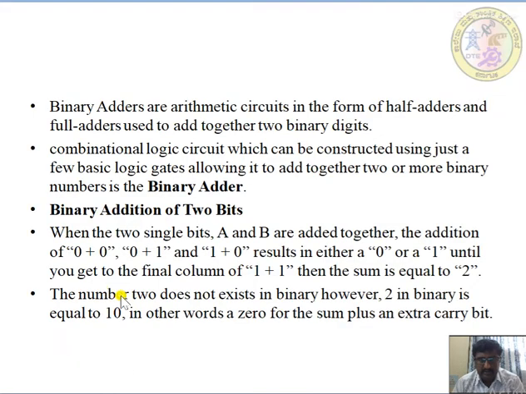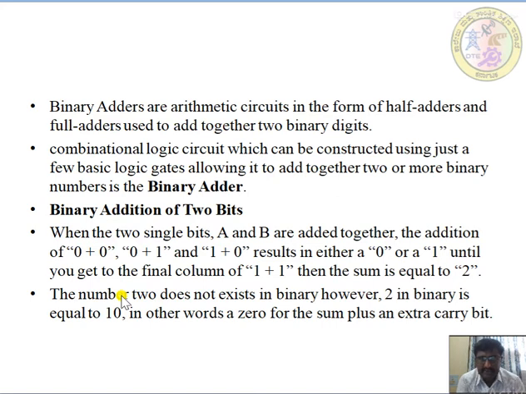Today we are going with session 5, adders, of basic electronics, module 5, digital electronics and fundamentals. First we'll go through what this binary adder is. As in the previous sessions, we have discussed what binary is. Binary means we have just two numbers, 0 and 1. The extension part is where we will be using these adders.